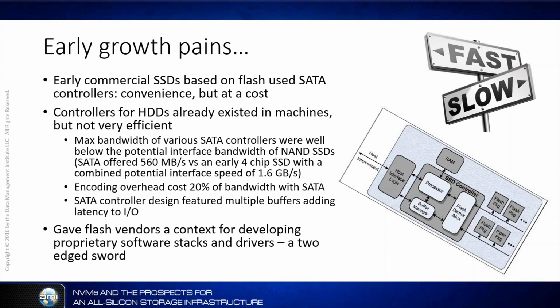The SATA controller itself was designed to buffer data writes at many locations, to adjust and match all the speeds and provide a buffer so that you could write data to a disk device faster than it was actually able to take. It would temporarily store it in a buffer while it was waiting its turn to be written onto the disk media. That was very essential for disk drive connections to your computer, but not as important for flash connections. And these additional buffers have added even more latency to I/O.